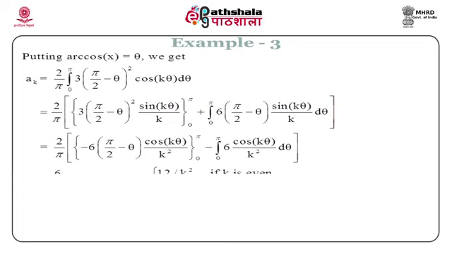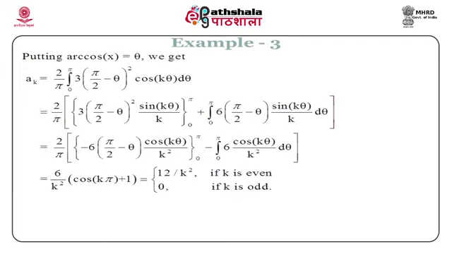For k equal to 1, 2 and onwards, if I put f(x) equal to 3 into (arc sin x) square, I will get this integral ak as 2 by pi times the integral from minus 1 to 1 of 3 (arc sin x) whole square into cos(k arc cos x) into 1 upon under root of 1 minus x square dx. Again, putting arc cos x equal to theta, I will get this as 2 by pi times the integral of 3 into (pi by 2 minus theta) whole square into cos k theta d theta, and if I integrate by parts, finally this integral will be equal to 12 by k square if k is even and 0 if k is odd.